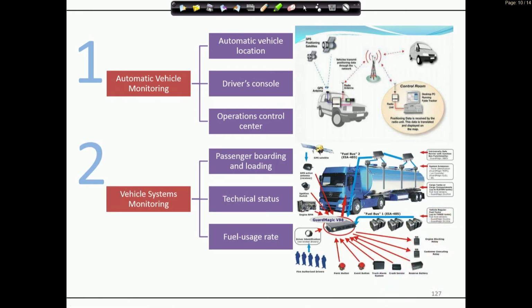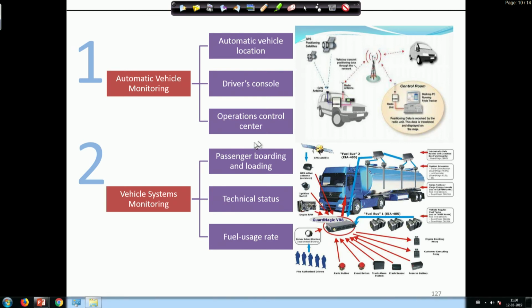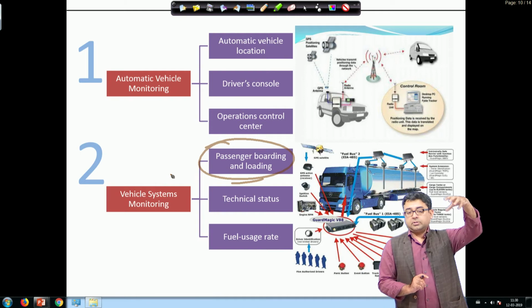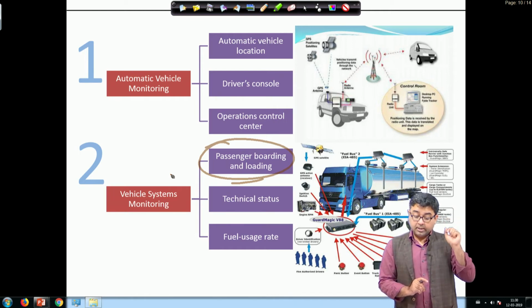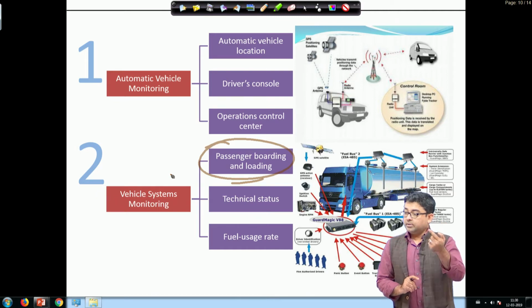The next is vehicle system monitoring. Passenger boarding and loading data. These are systems, or sensors, that are put on the doors of these buses, for example. What you need here is not just people boarding and alighting, you may also want to know, once they have boarded, where they are alighting,